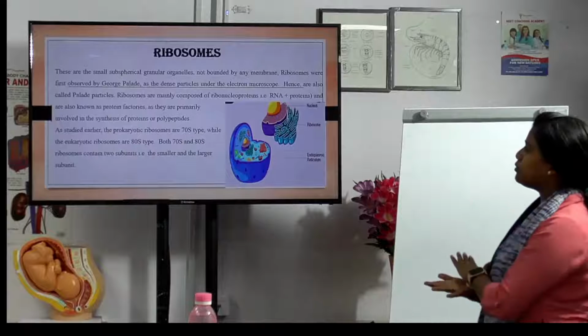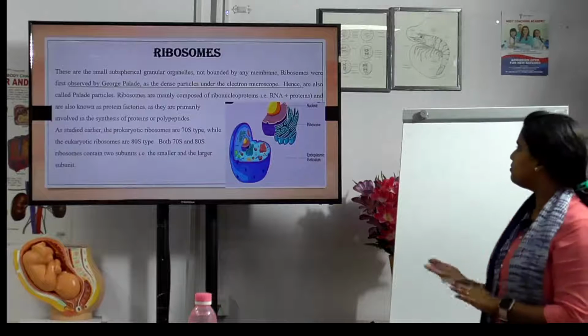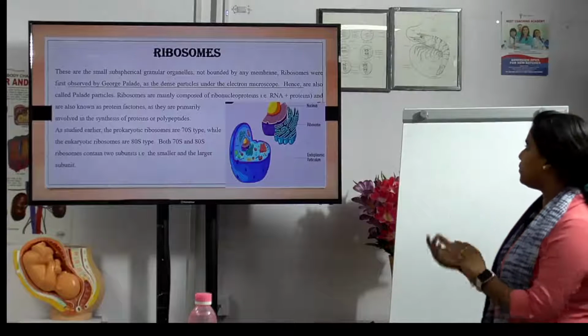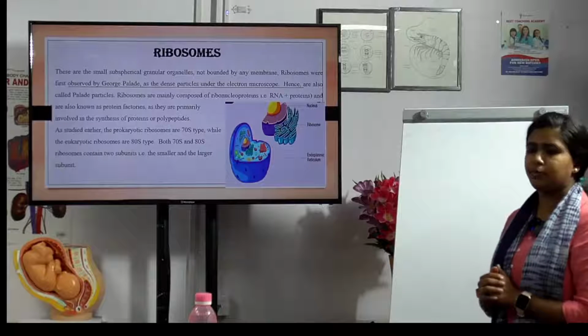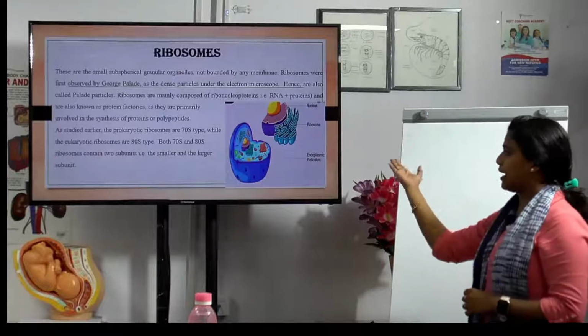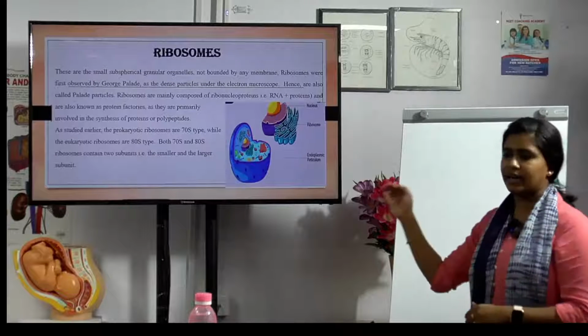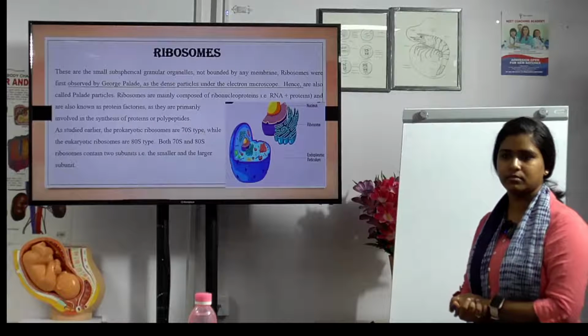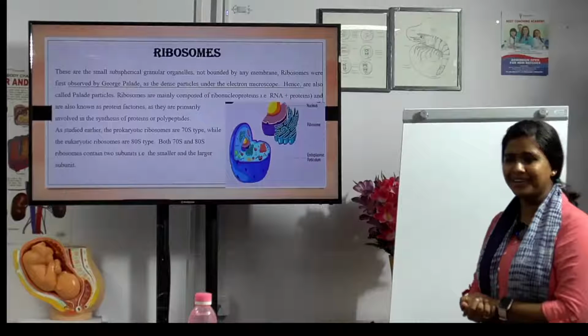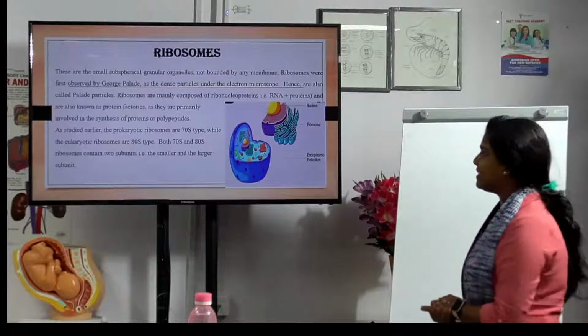They are mainly composed of what? Ribonucleoproteins, that is RNA plus proteins, and it is also known as protein factories, as they are primarily involved in the synthesis of proteins. So protein synthesis நடக்கிற site வந்து ribosomes. Yes,